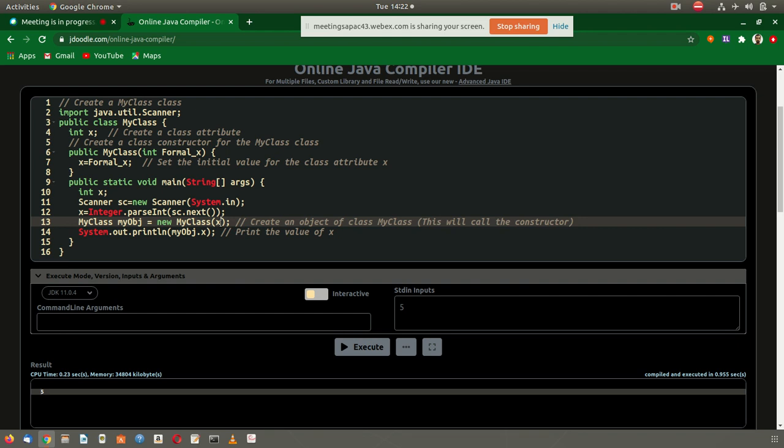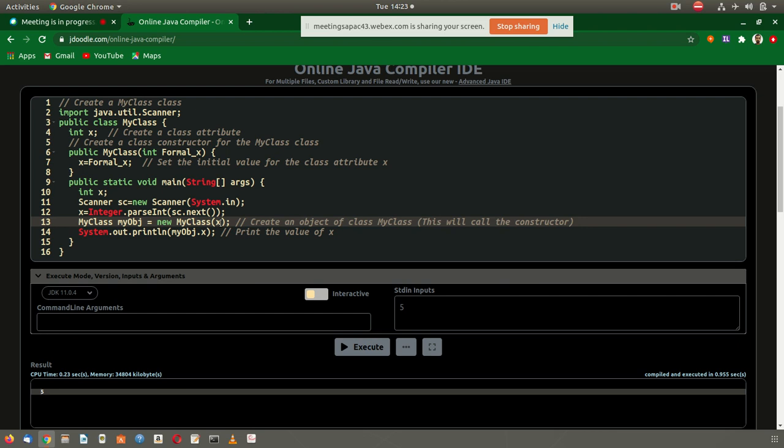So how to identify a non-parameter constructor? It is with the new keyword. Whenever we see the new keyword, whatever we write after that belongs to the constructor.